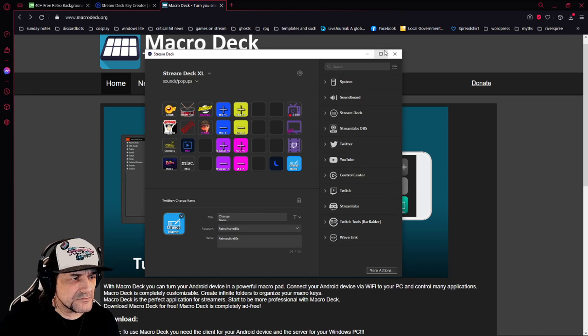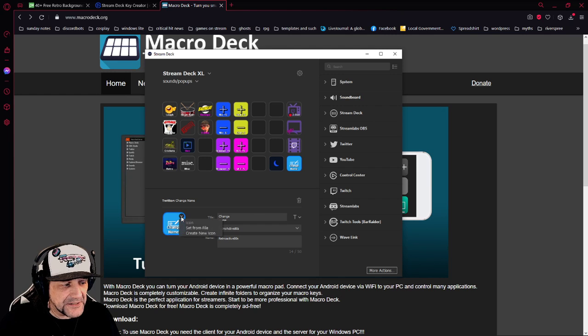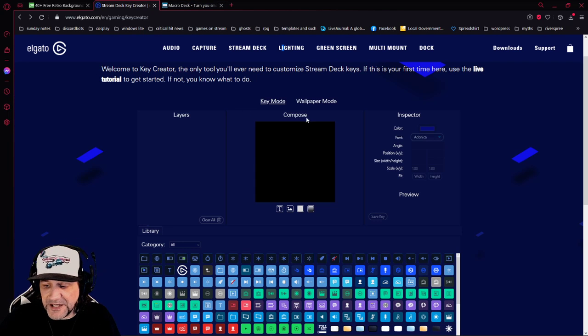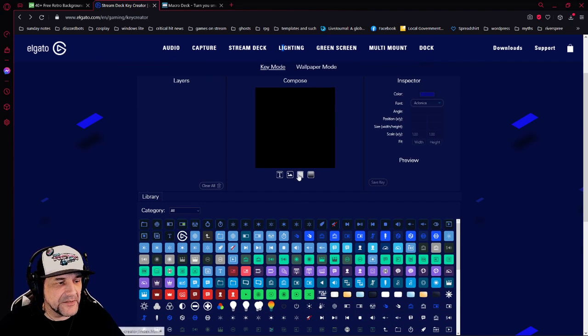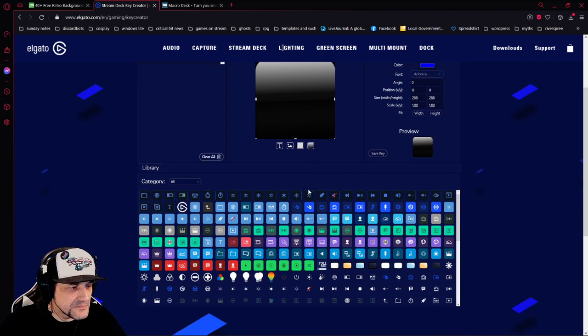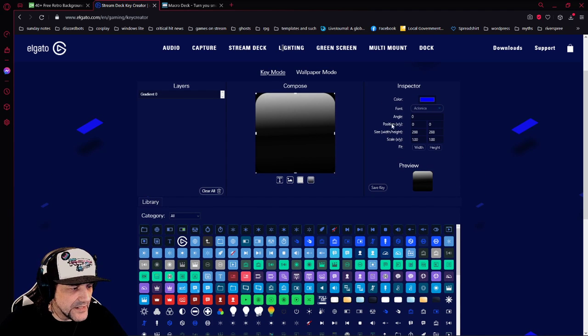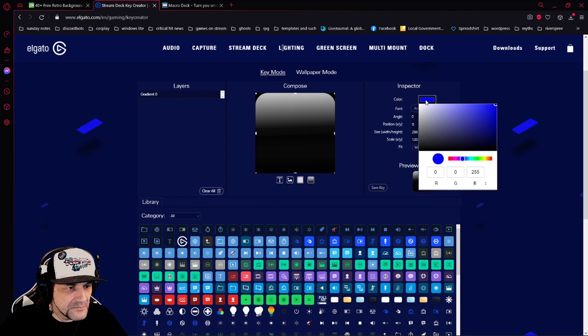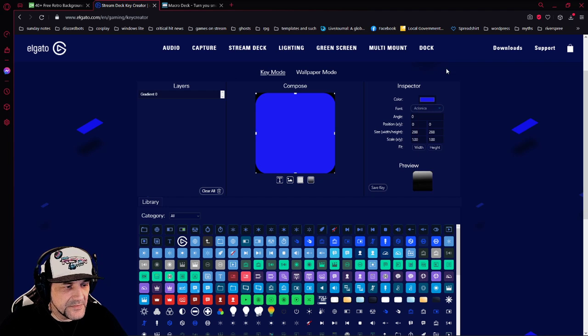So, knowing this, how do we get these cool looking icons? Well, believe it or not, you can actually go here, go to set from file or create new icon. When you hit create new icon, it takes you to this page right here. This page lets you do a lot of great things. Say we want to change this background. So we'll do a gradient background, and we'll make the colors blue. Okay, so now we got this blue background added in there,